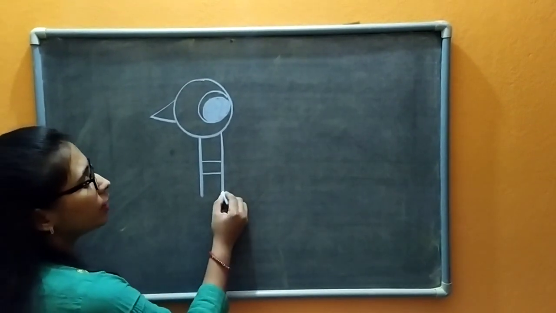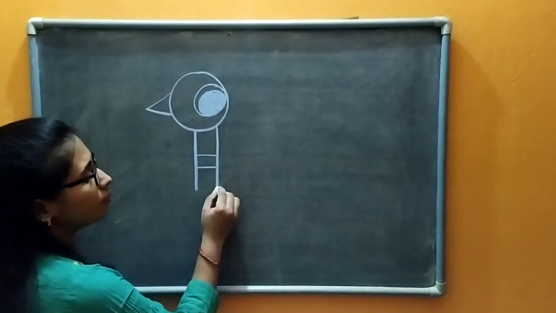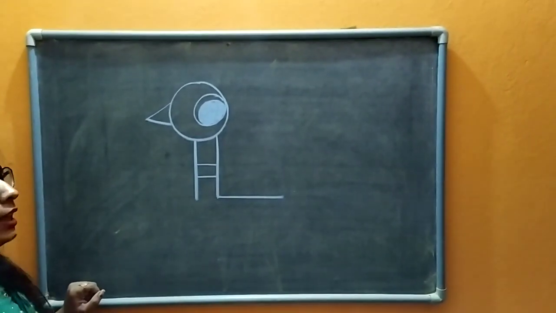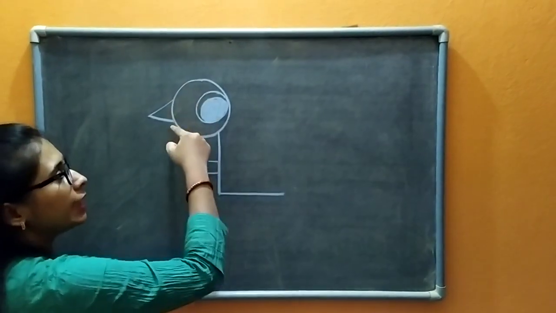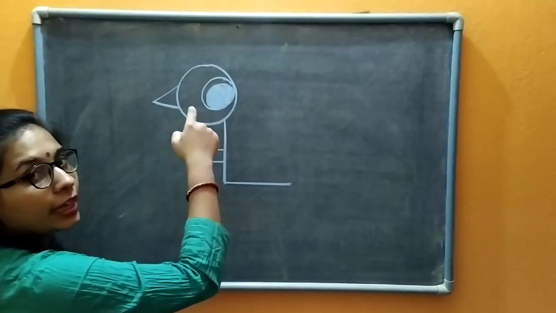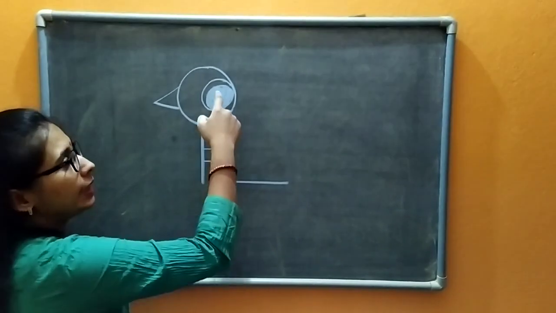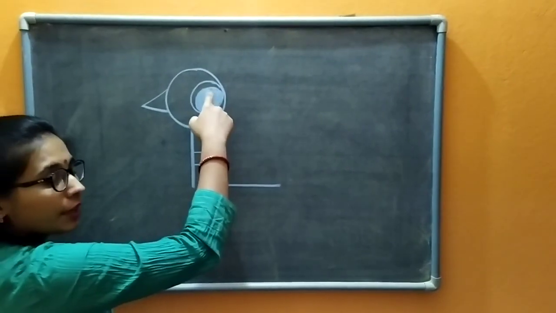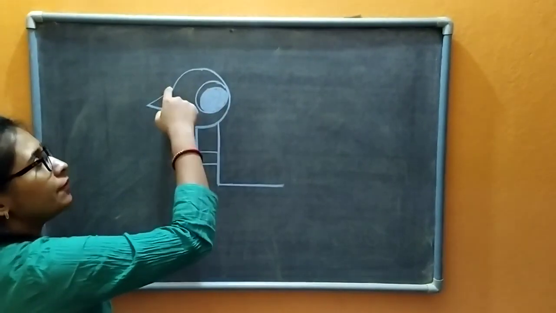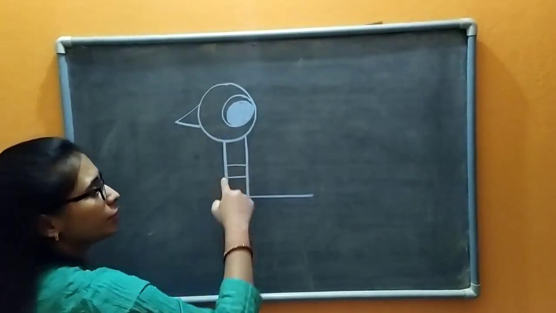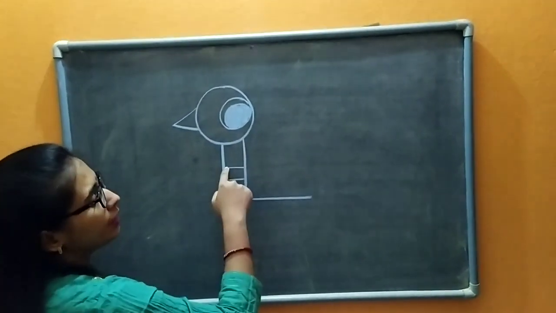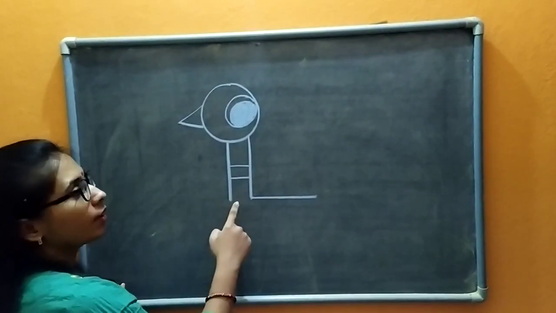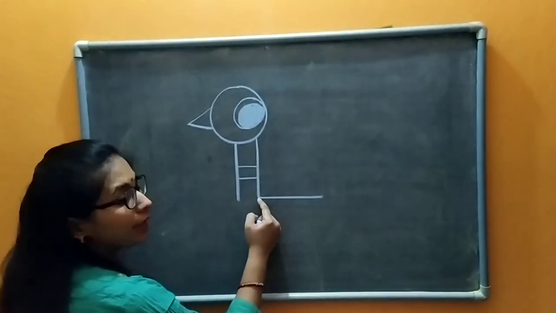Now draw a sleeping line from this like this. Have you drawn? हमने क्या किया? सबसे पहले एक big circle बनाया for the head of a bird. Again a small circle inside, then one more circle. Fine. For its eyes, then we have drawn a beak, 2 standing lines and 2 sleeping lines for the neck of a bird. Fine. Now you have to draw.